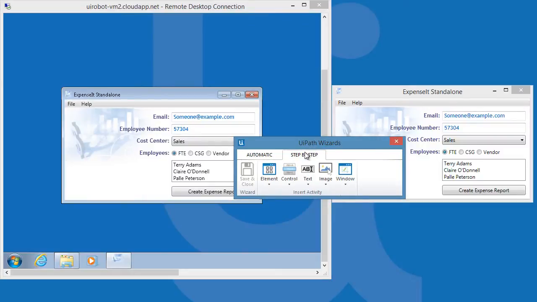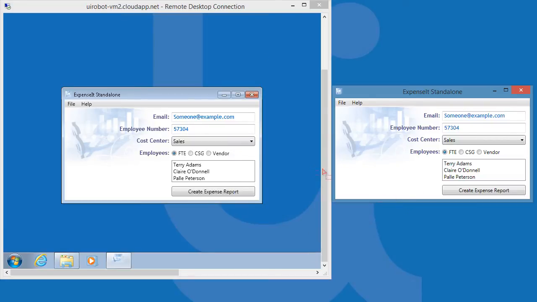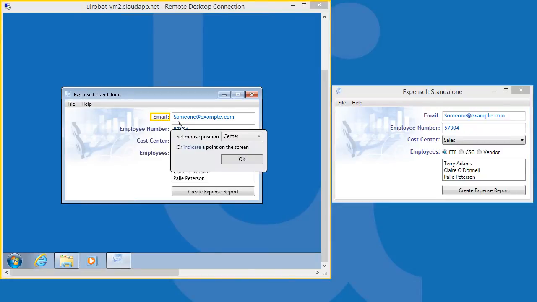So what do we do if this is the case? Let's select the Step-by-Step tab. This allows us to manually select an item to click and to type. Let's click Image and select Mouse Click. As it says, it will perform a click on the region we indicate. Let's highlight the label Email. And why should we not highlight the text box instead? Because UiPath will perform an optical recognition to find this image. There are multiple text boxes and these images are identical,